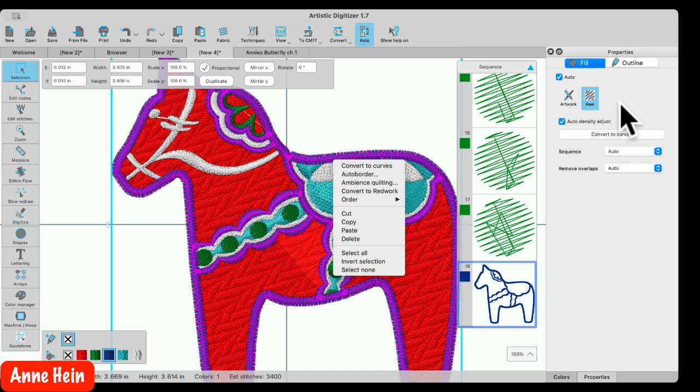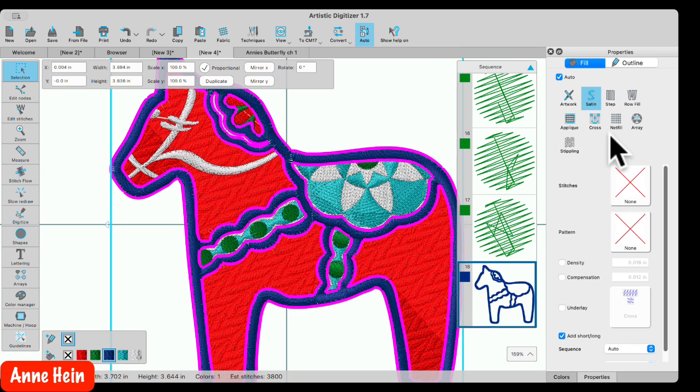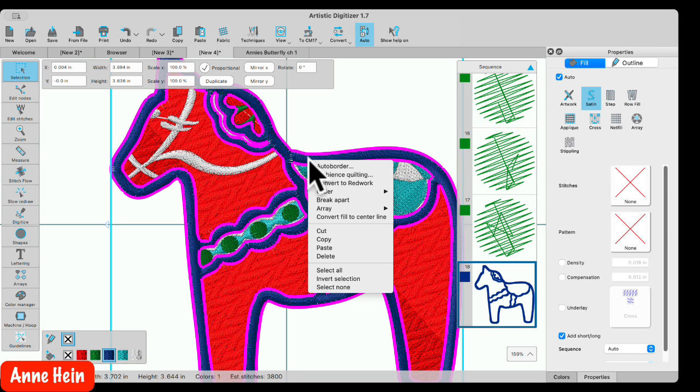I would convert it to curves. And then there we go. Now it turns it into a satin fill, but if I want it to be really an outline, I can right click on it, convert fill to center line, because it's a fill. And I know it's a fill because look here,